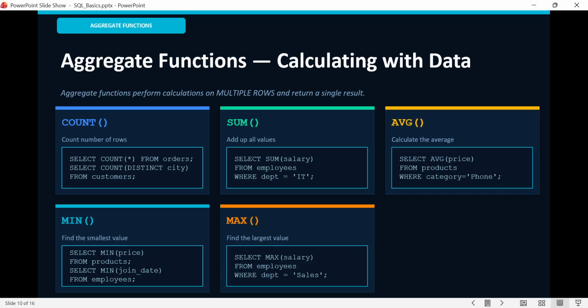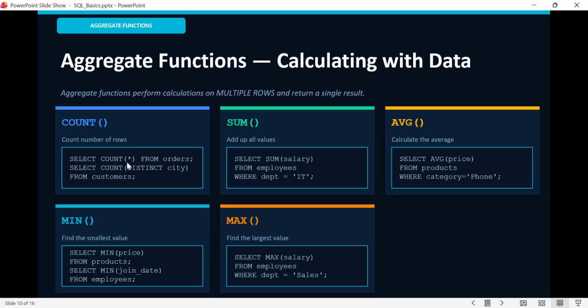So SQL has 5 built-in aggregate functions that perform calculations across multiple rows and return a single result. These are essential for any kind of data analysis. Number one, COUNT. This counts the number of rows.